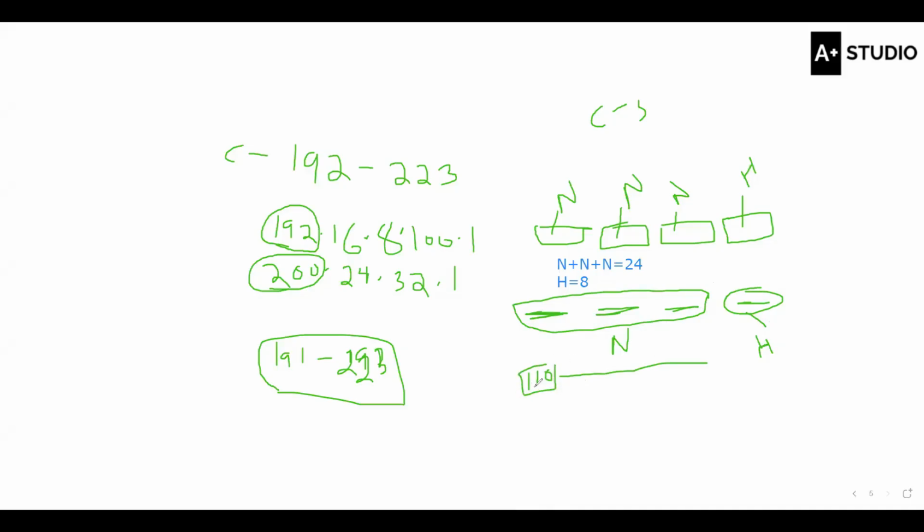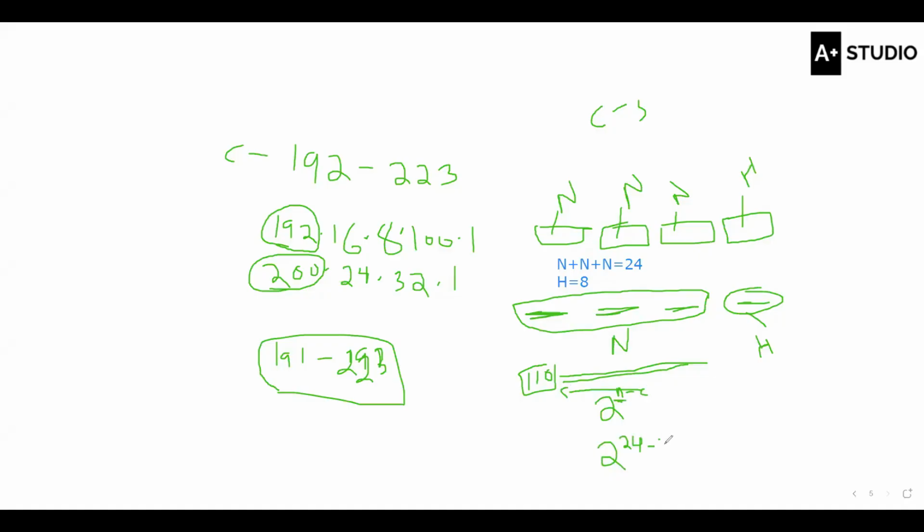24 minus 3 is giving us 21. So the remaining 21 bits are used to find the network ID, which becomes the formula with the power N minus C. C is the higher order bit. N is the total bit. So that is 2 to the power 24